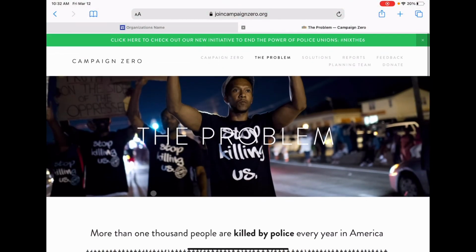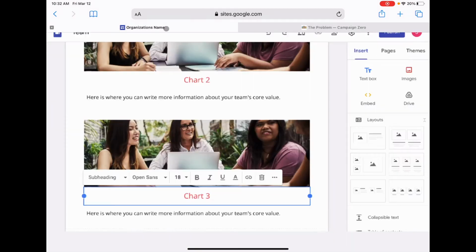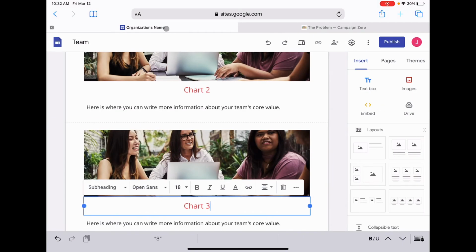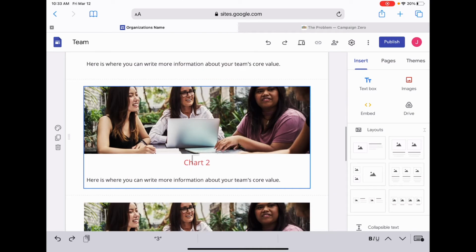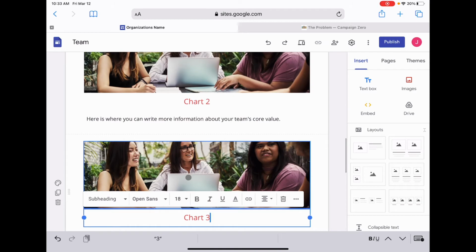So you need to do something very similar for yours. How can you represent a graphic, an image, a chart or a graph that you could input here? 1, 2, and 3. That's what you are expected to do. And then use other resources to explain and contextualize the charts and graphs.